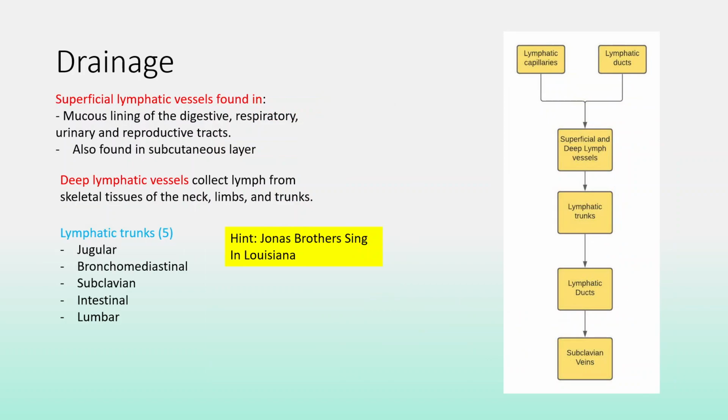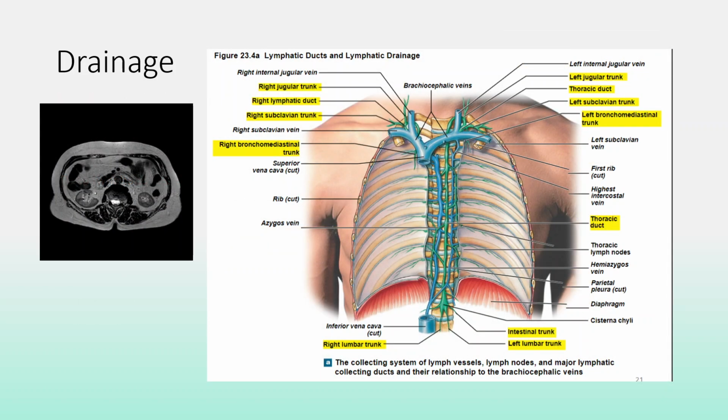After the trunks, the lymph drains into the lymphatic duct and then drains into the subclavian veins. So here's another great picture that really outlines what's going on in our lymphatic system. When examining this image, some of the key messages include that the right lymphatic duct connects with the right subclavian vein. The left thoracic duct connects with the left